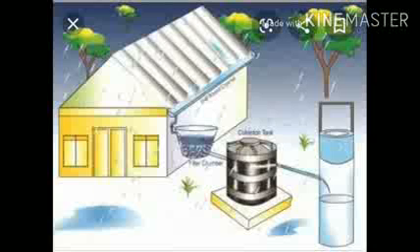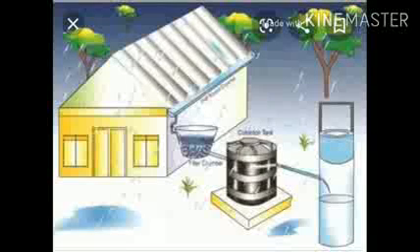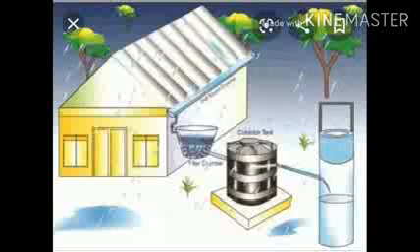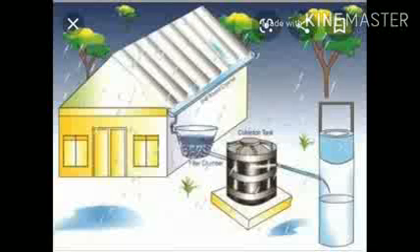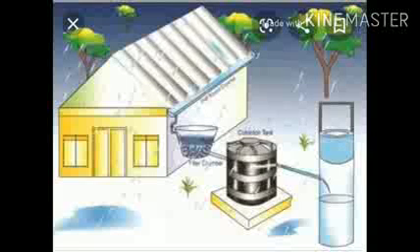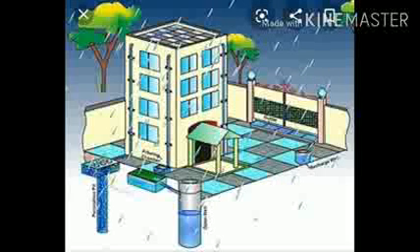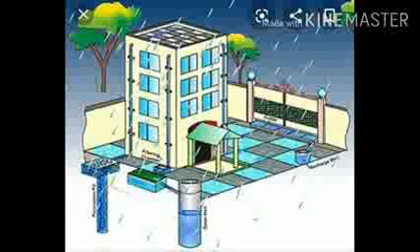About the underground water table, we have discussed in the last period's video what the water table is. So to increase that underground water table, we need the underground storage tanks, and that rainwater gets stored. This stored rainwater can be used later for various purposes as and when required. When we require the water, we can use this stored water. So here in this picture also you can see there are different pipes. Through these pipes water gets collected underground, and then that water can be used in the future.